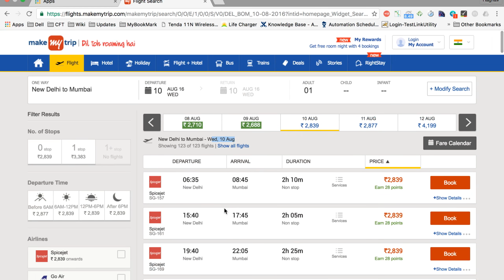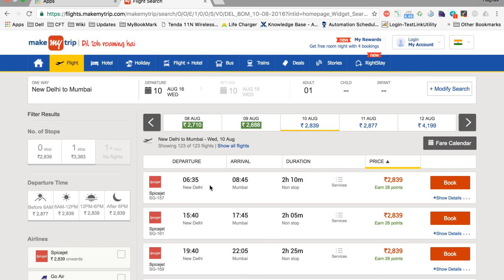But even that cannot be true, because what happens if this particular flight, SpiceJet, gets cancelled just a few minutes ago and here it is showing as available, and if I book it here I will run into a lot of chaos. So even that cannot be true, that the airlines are dumping their data and the travel websites are taking it from there.